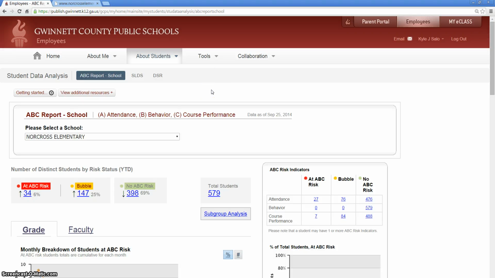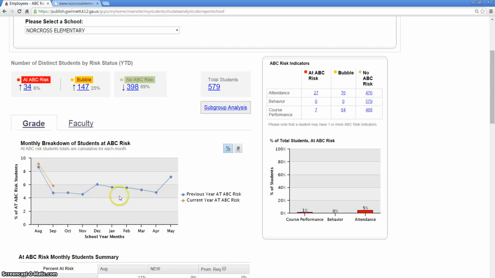We're going to be starting the PBIS at this school, and basically this is what a lot of this information is what it uses. It's spotting different trends in attendance, behavior, and course performance, so you can try to get a feel of the way the school's running, so you can spot potential problems ahead of time and maybe head things off. If we look, it'll break things down monthly, give you different charts on attendance,